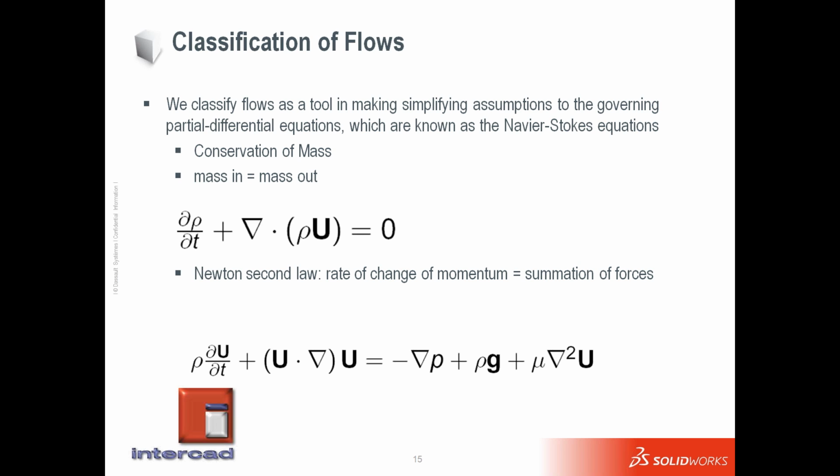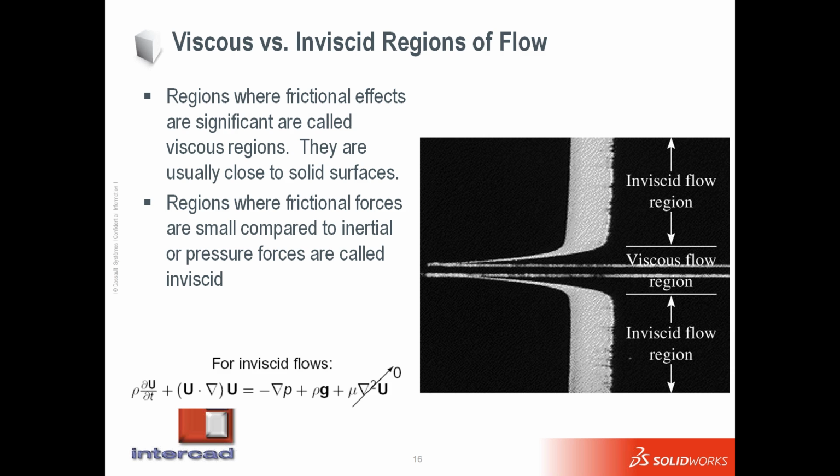And the second one is Newton's second law, simply saying the summation of forces you put on that region is equal to the rate of change in momentum. These two equations are the main equations, which they call the Navier-Stokes equations, and we are trying to solve them to analyze our fluid. In this regard, let's classify the